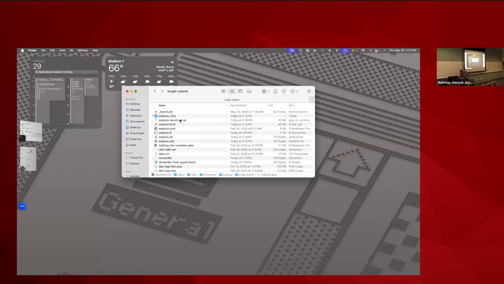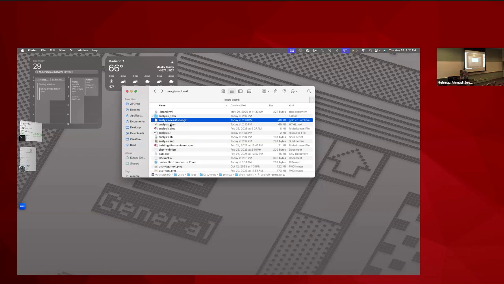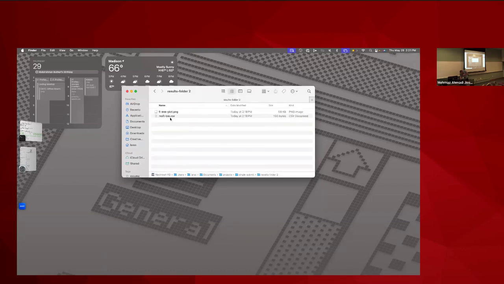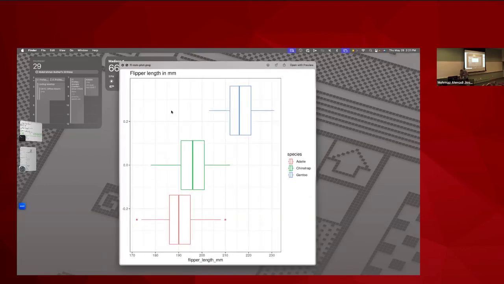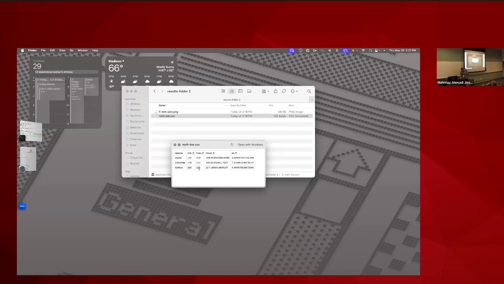So that's the file that it got back from CHTC to the laptop. And if we open that, we see in there a plot and the CSV file that it was created with all the calculations that we asked them to run